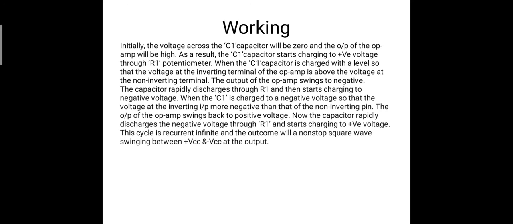If you want your rectangular or square wave at say 5 volt or 10 volt, you have to provide 5 volt or 10 volt to the op amp. Thus, with the help of the capacitor and our supply, it operates by swinging to positive saturation and negative saturation, and then the cycle continues. Thus, we produce a square wave.